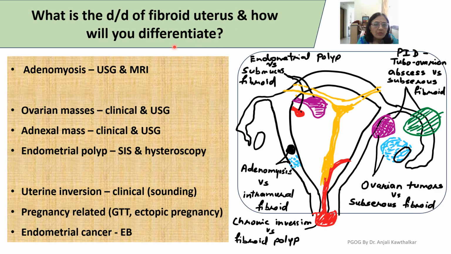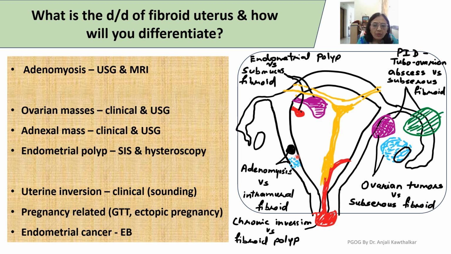What is the differential diagnosis of fibroid uterus and how will you differentiate between various conditions? First is adenomyosis and leiomyoma, especially intramural fibroids, and ultrasonography as well as MRI will help. And in AUB, this PALM-COEIN